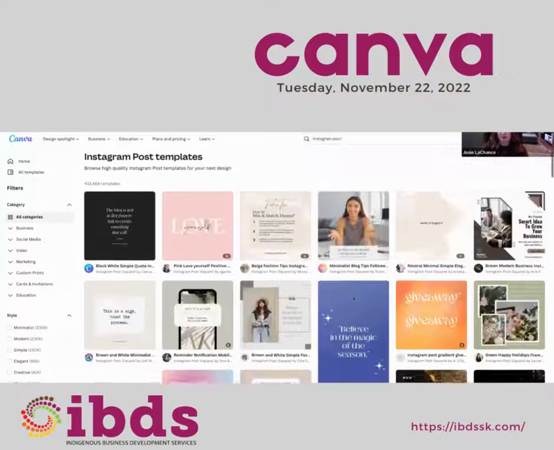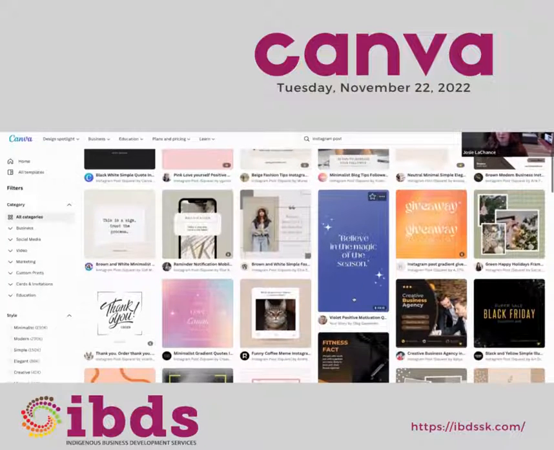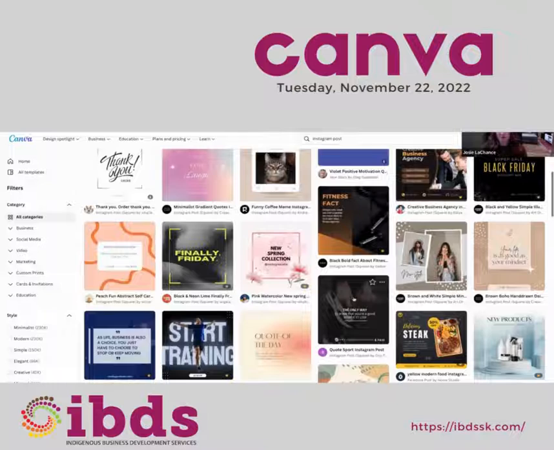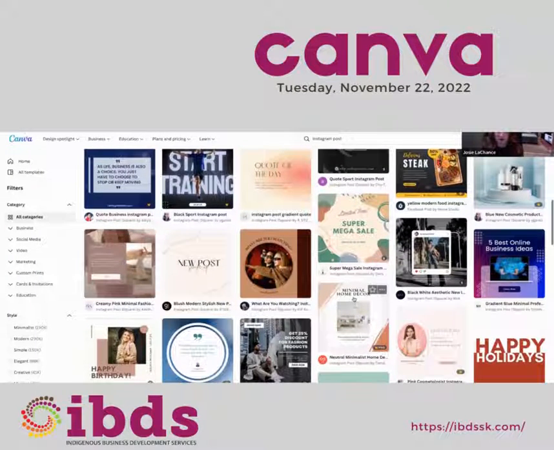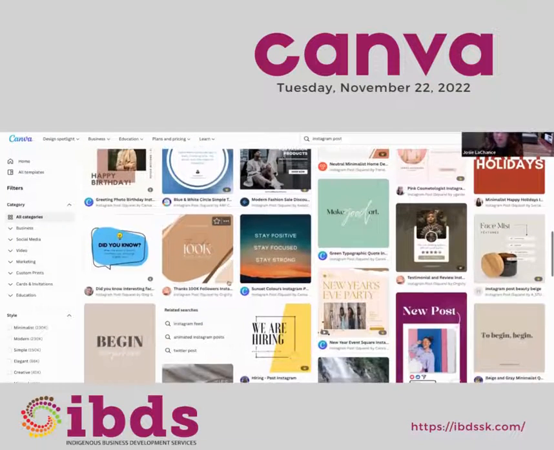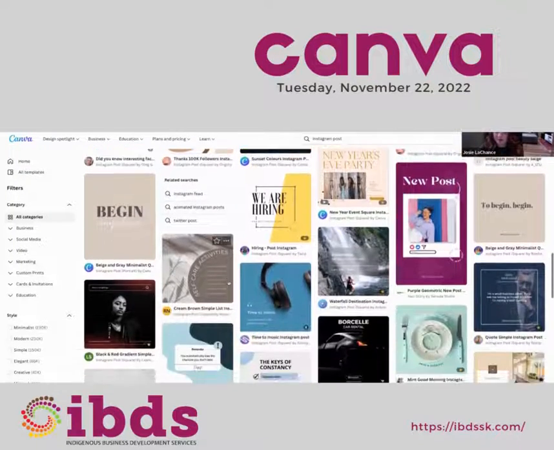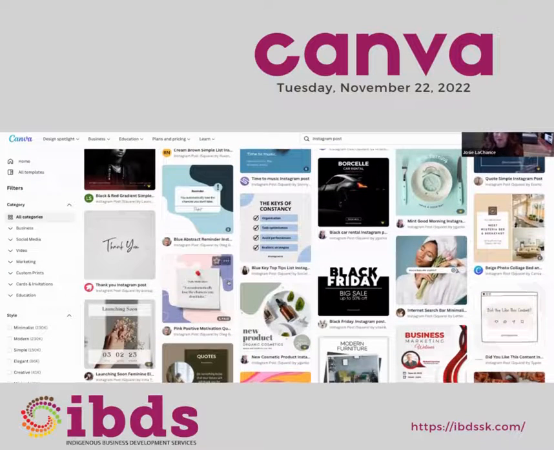Let me just see here. So when you're scrolling through, you can see all of the templates that you have, and sometimes just looking through here to find, there is an easier way to do this.